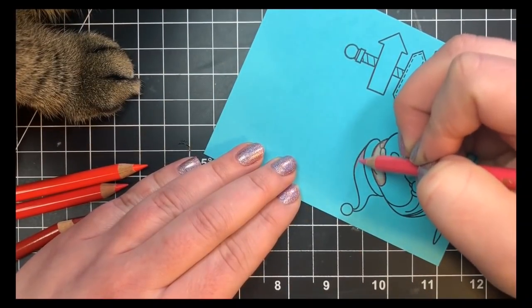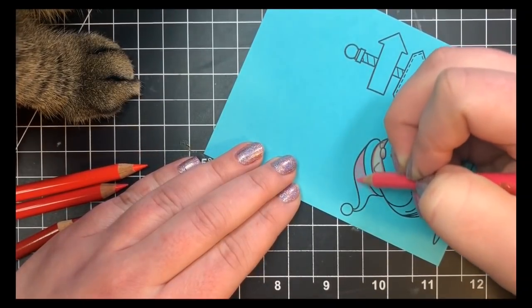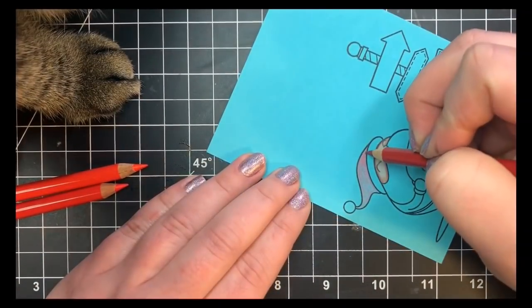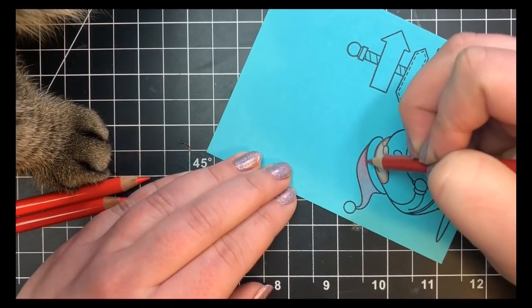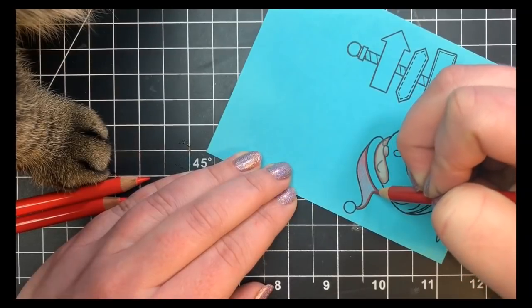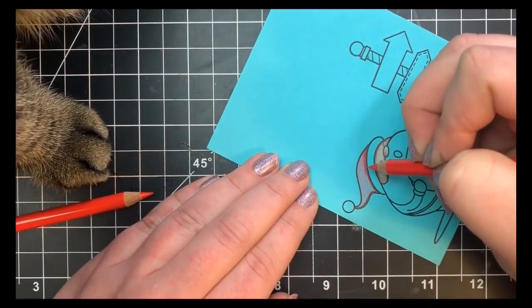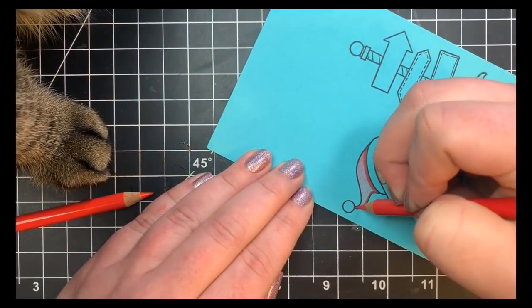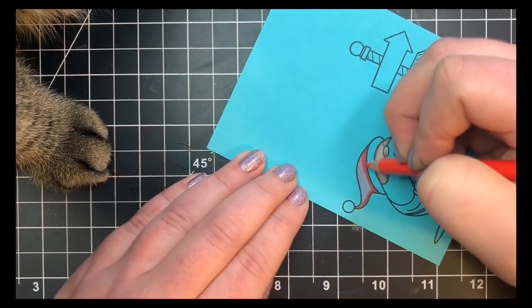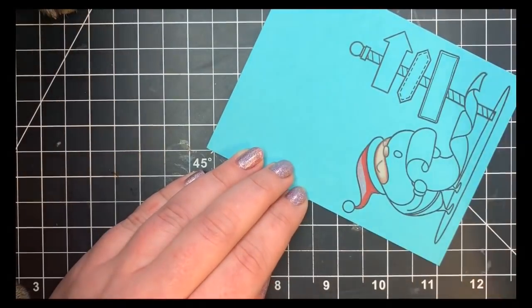Going to do the same thing for his little hat here, and I'm going to start off with what was originally going to be my lightest color, and again going in with a very light hand. You're not going to get all that much coverage here, but the more pigment that you put down, the smoother coverage that you'll get. So I'm going to be adding in my shadows here, which is just on the base of his hat and off to the left, and this is middle cadmium red. And again, going in with a pretty heavy hand,